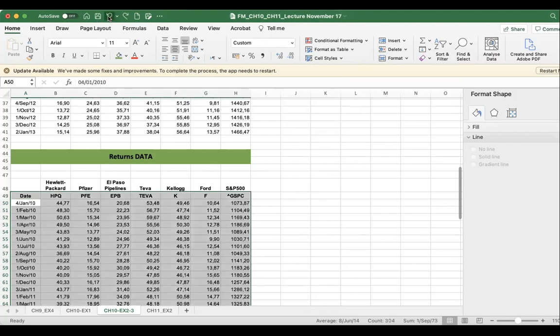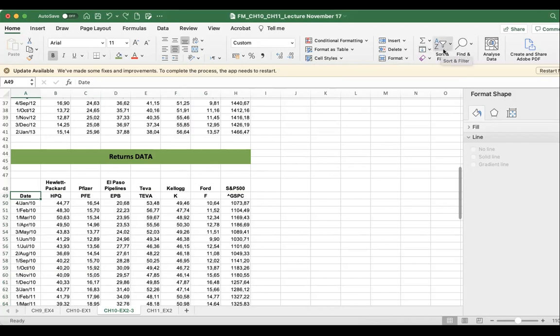نرجع هنا. طب هدول الديت صح؟ هنا شفت في الهوم. To the right hand side على يمينك آخر يمينك. Sort and filter. So sort and filter. Then you choose the option